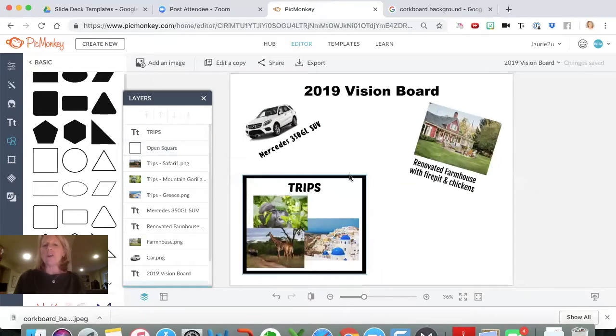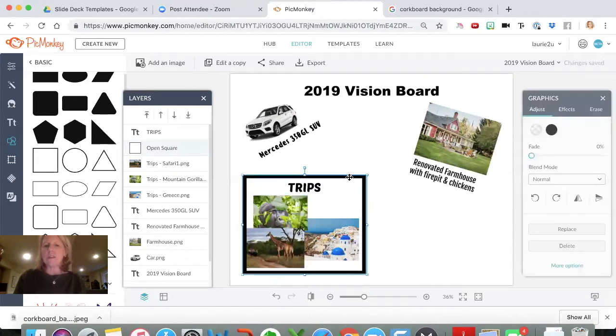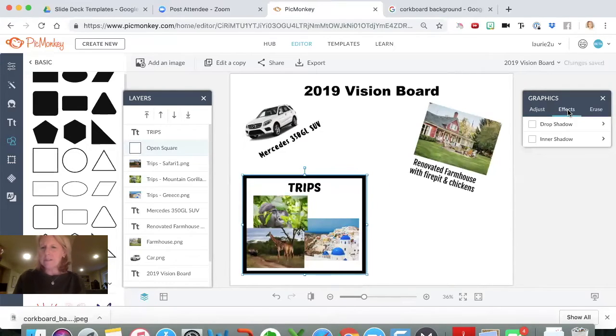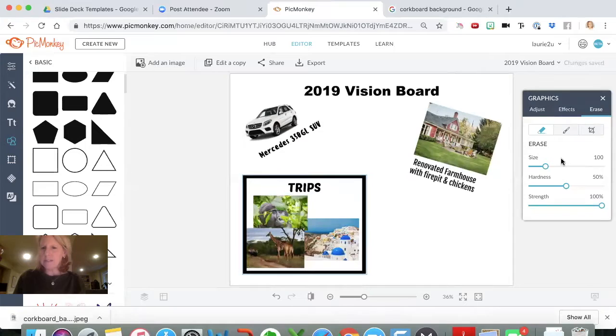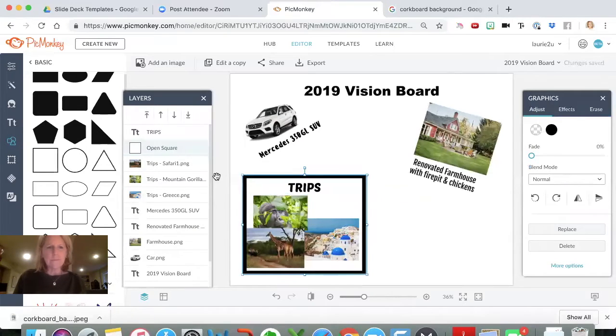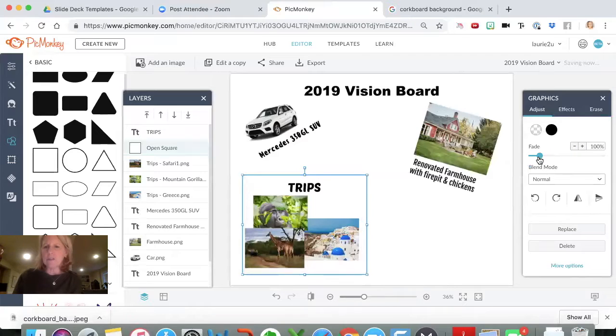All right, and I believe that you can change the thickness of the effects. Let's see, drop shadow, erase. I think you can change the thickness of this, but you can also fade it. So you can make it lighter. See how it's going lighter, and then it's going darker.